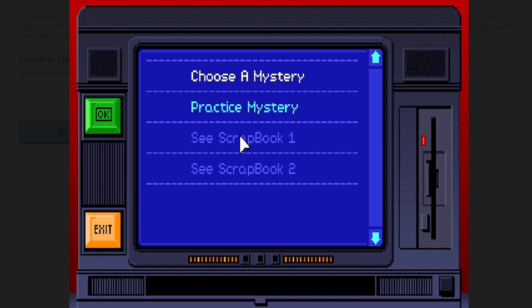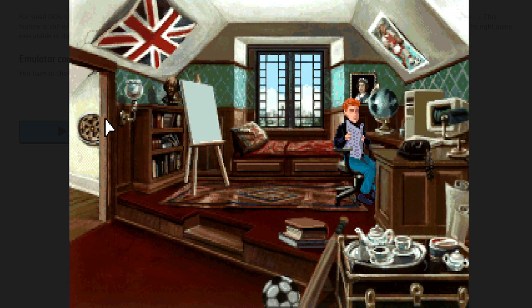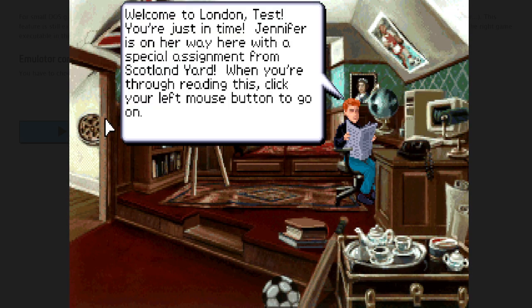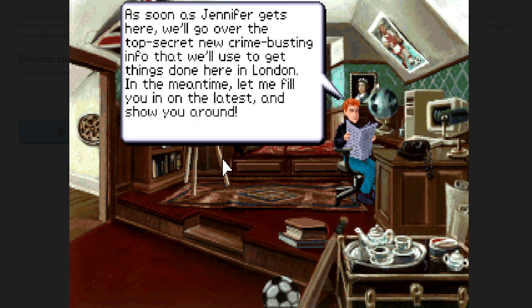Okay. All right, now this is a little hang up I got to figure out, but I think we're done with the test itself. But I don't know why it's not letting us into scrapbook 1 if we finished the test mystery. So I'm just going to click on this and see what happens. It just takes you back to that same case.